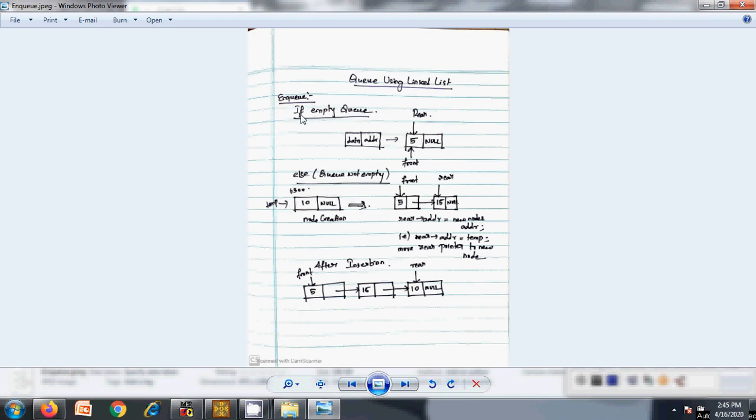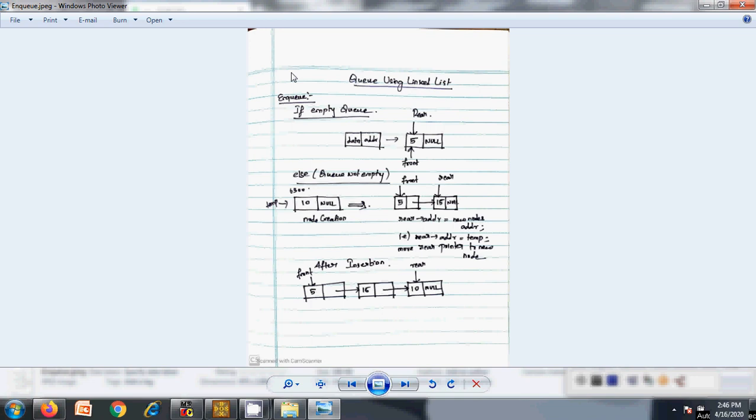If you are trying to perform an insertion, which is nothing but the enqueue process, trying to insert an element into the queue, you would normally need to check whether the queue is full or not. But in this case, because dynamic memory allocation is performed, there is no possibility of the queue getting filled up. So you only need to check whether the queue is empty or not.